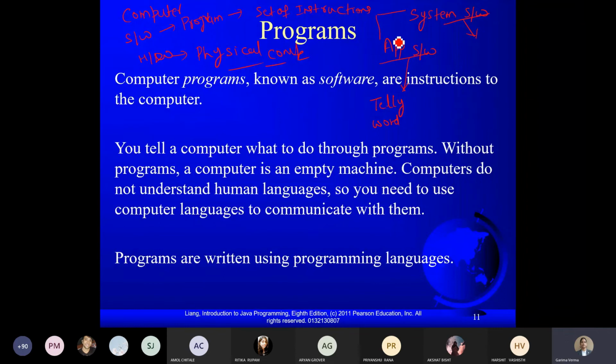Fine. And these are not the software without which your system will work or will not work. So your system doesn't require application software, but yes, if you wish to work with a particular application, then you have to install that application software. But your system will not work if you do not have the system software. So what are the system software? The first category of system software is the operating system. Then we have the second category, that is called firmware. And there is a third category of the system software, that is called translators.